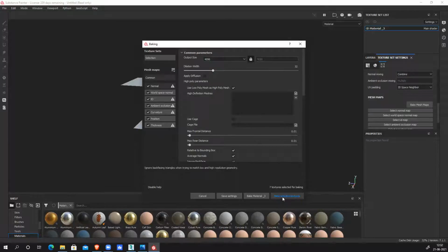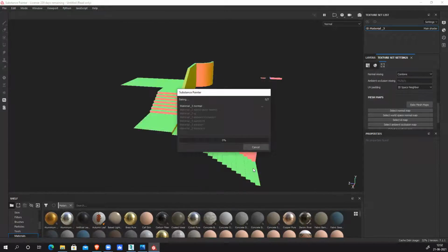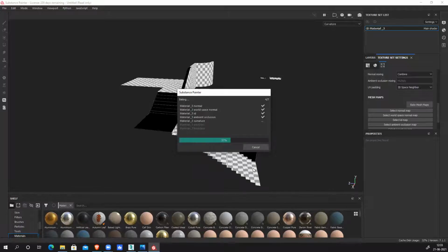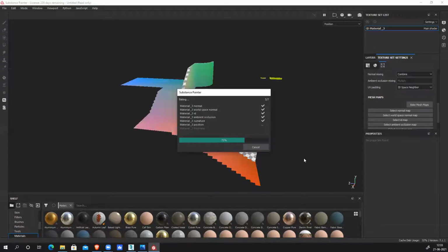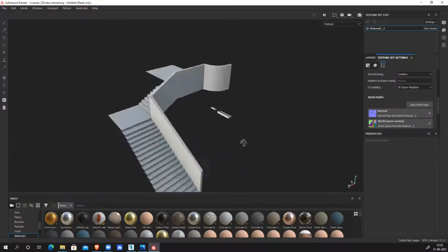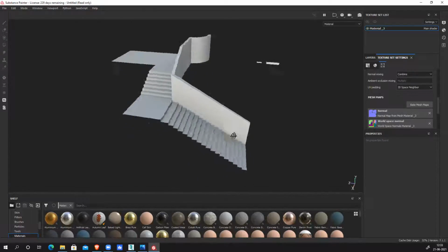As low poly as high poly, bake. Baked. So you can see nice clean baking, everything.